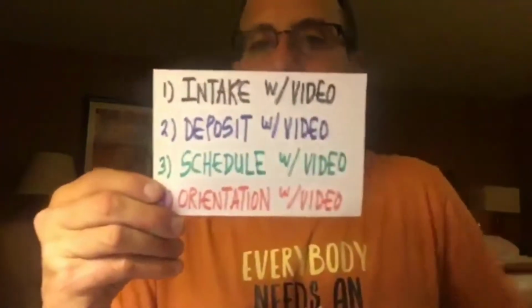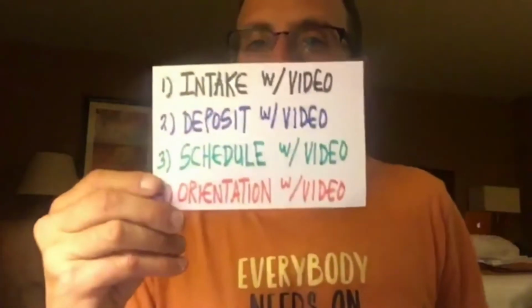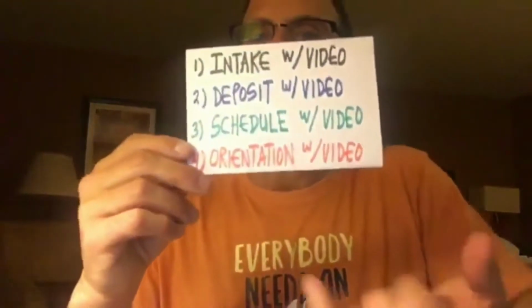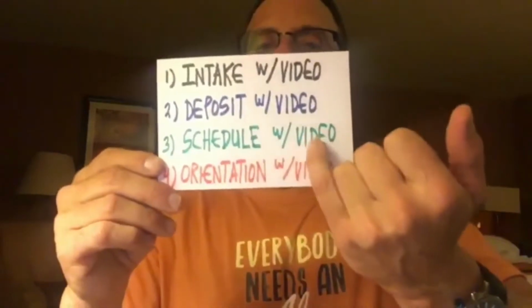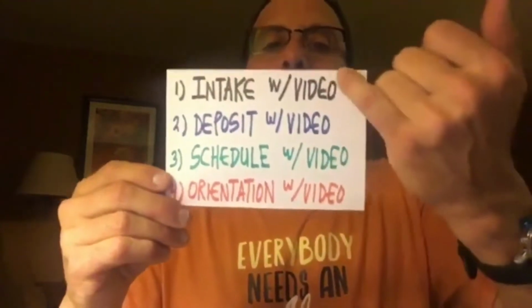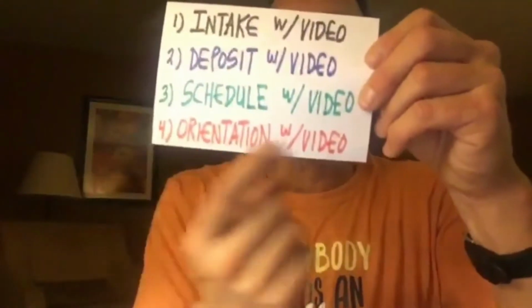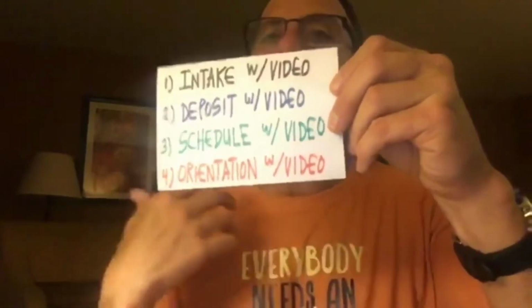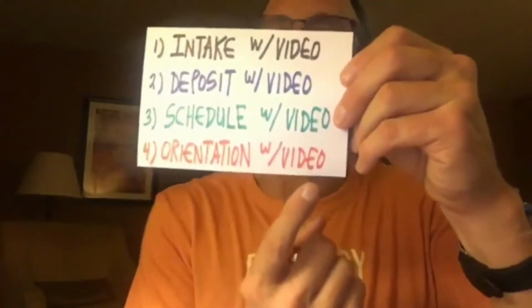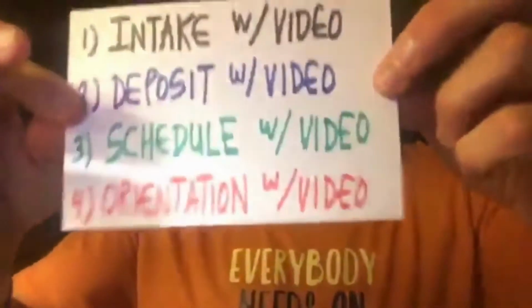Next, there's the deposit. So after you complete the intake or application questions, we ask for a $150 deposit. And it's refundable, but it's just to show up for the discovery session. Next is to schedule the discovery session. There's another video here. So video, video, video. There's interaction, but it's not human interaction or intervention. It's robotic. And then finally, there's an orientation telling you what to expect during the discovery session, a 4th video.